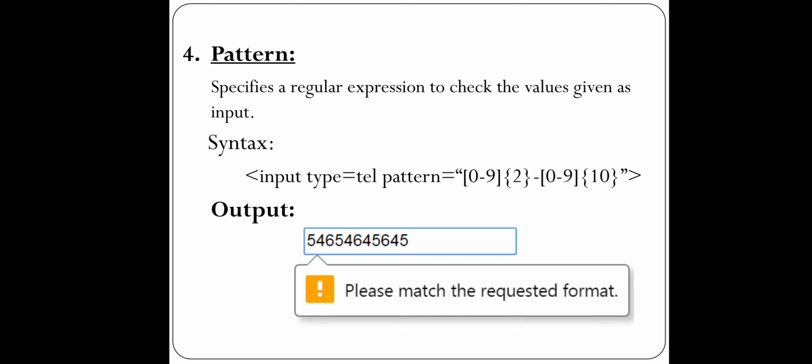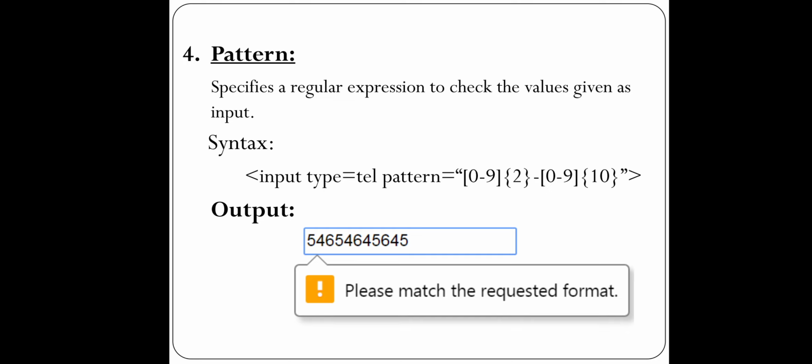Similarly, a landline number has an STD code, that is a 3-digit number, and then there is a dash, and after that there is maybe an 8-digit landline number. So this is the expression or format for a landline number. That is why for such cases we use a pattern attribute. So we will see how it works.